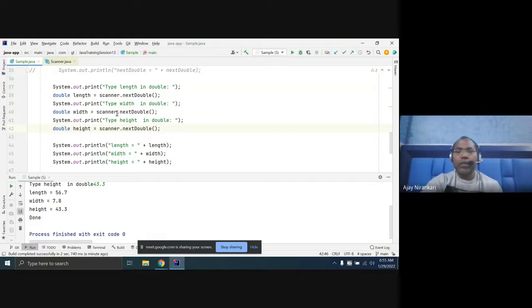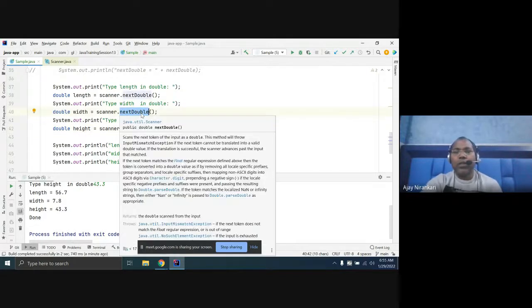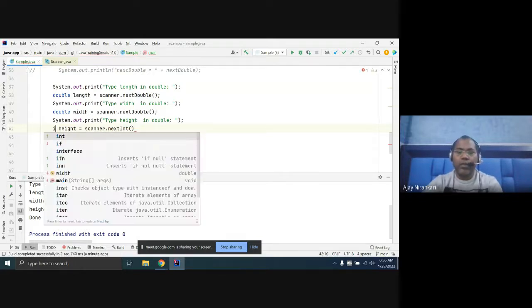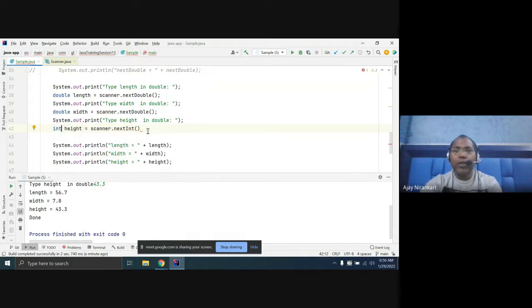So let's say in the case of length, I want an integer, not a double. And let's say for height, I want an int, not a double. So here take it as an int. You have to specify here that it is expecting height as int, and you run.